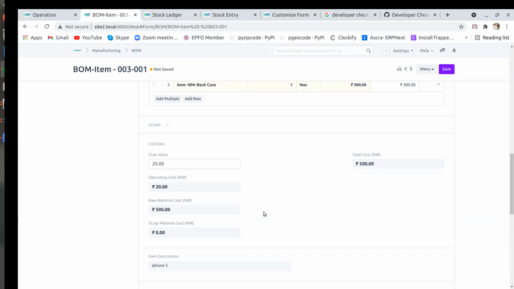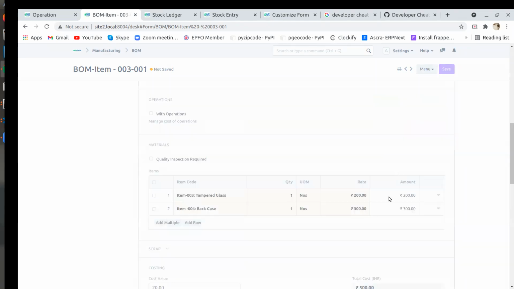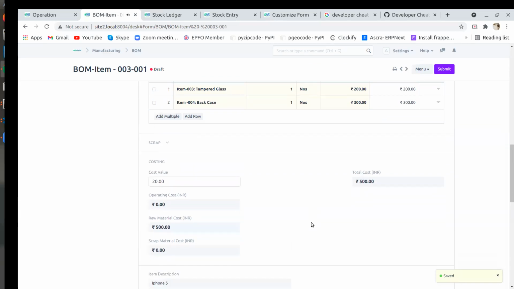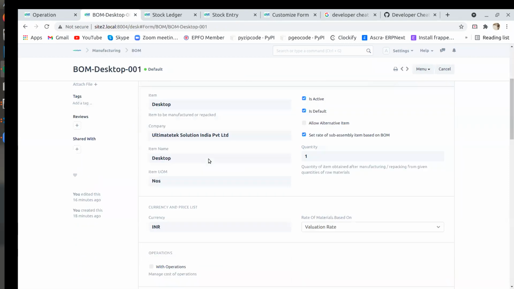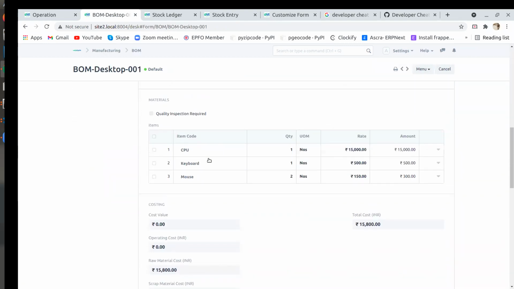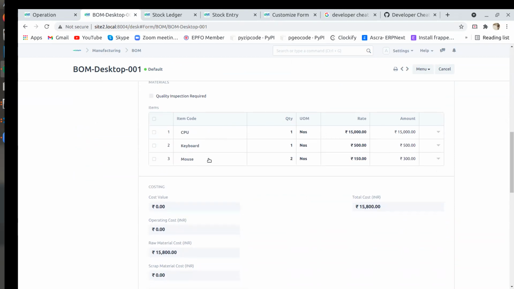Okay. So total cost, it should be 500 plus this 520 divided by this quantity also. Once we save that, maybe it will total summing up. Maybe no, it is not. Okay, then we check it. So cost for this desktop will be. Can you scroll? Total cost is. Sorry, I will open the desktop. Okay, so in desktop, 15,800. But here cost price is not, putting cost is not reflecting.